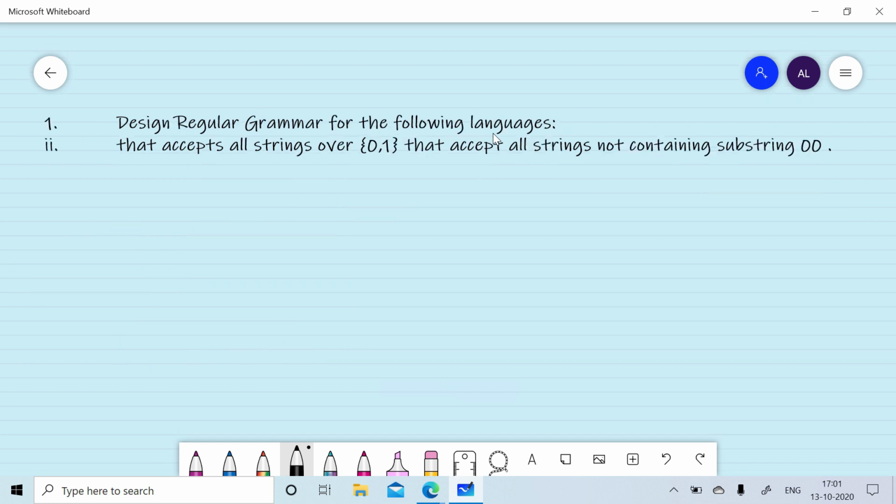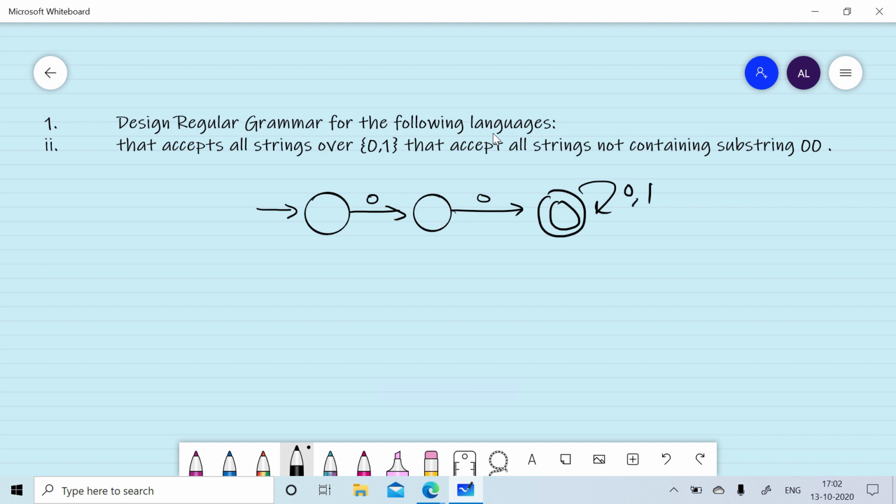Now we want to design the right linear grammar that accepts all strings not containing substring 00. If we design its DFA, we need to accept all strings that do not contain substring 00. So first we will design the DFA for 00 and then we will reverse final and non-final states.